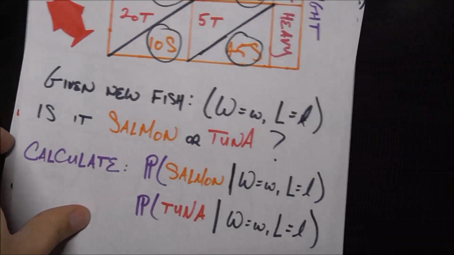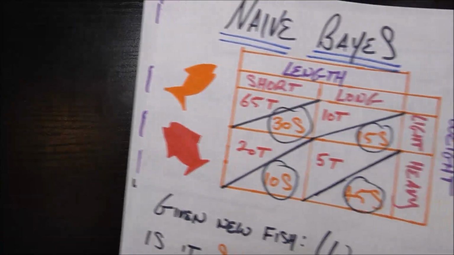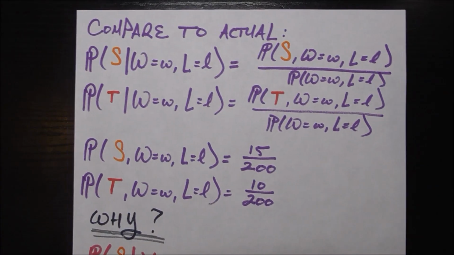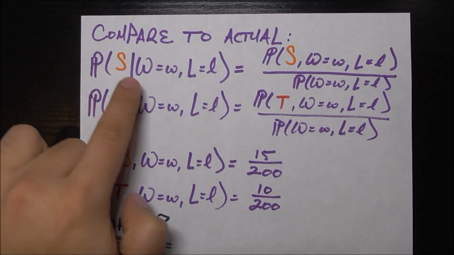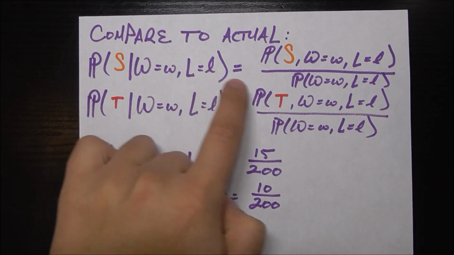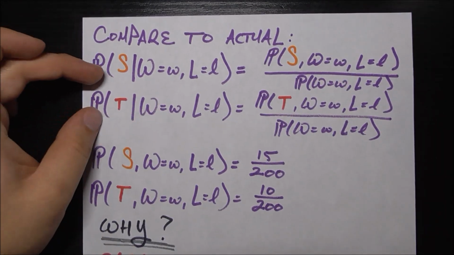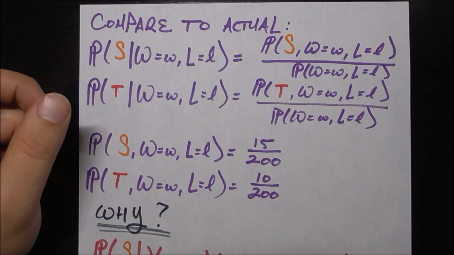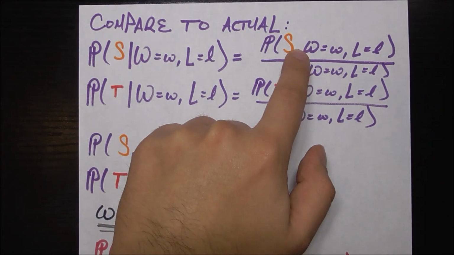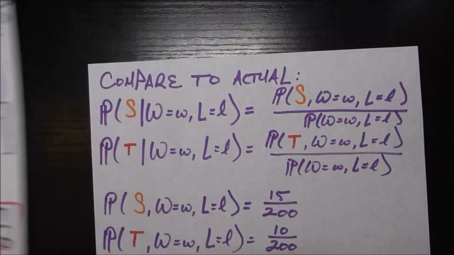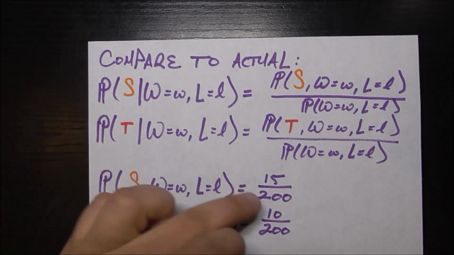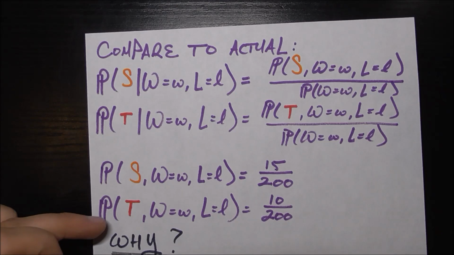Now, to see whether this makes sense or not, let's compare that to the actual probability. So if we did not make the naive assumption, okay? And to revert back to that, we'll look at this piece of paper. So the question we asked in the beginning was, what's the probability it's a salmon given it has weight w and length l? We use Bayes' theorem right here in both cases for salmon and tuna. And we found that the exact numerator in this case, if we go through these calculations here and do not make the naive assumption, we keep this l equals l in the conditional, we find that the numerator in the salmon case is 15 over 200, and the numerator in the tuna case is 10